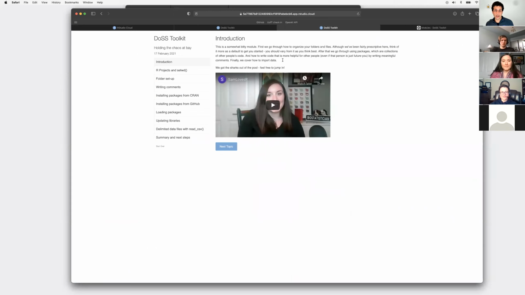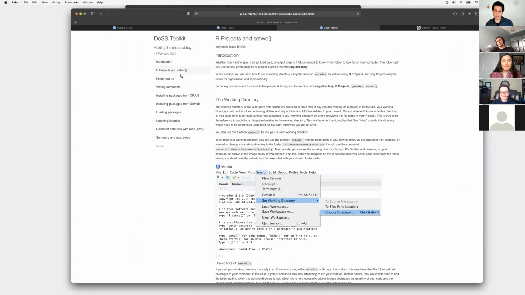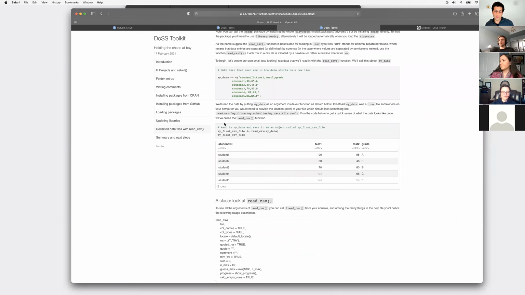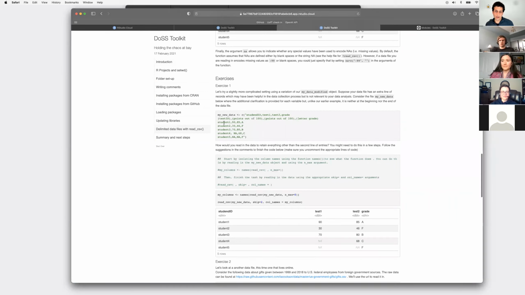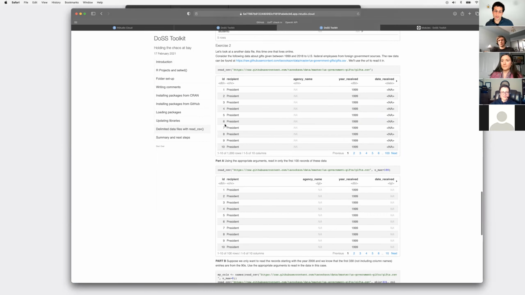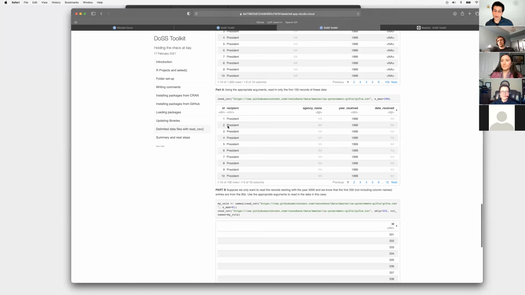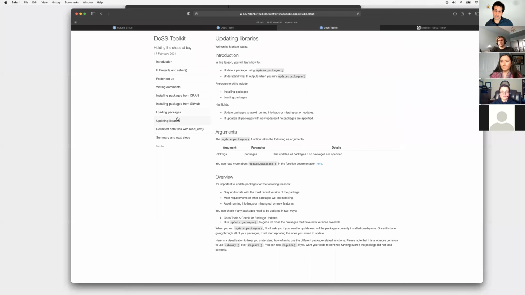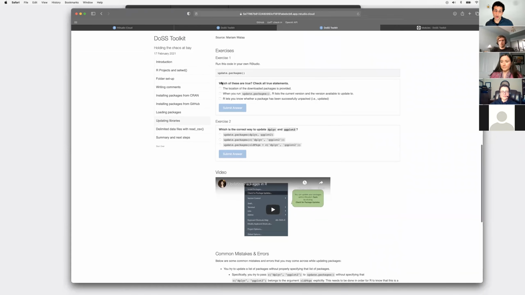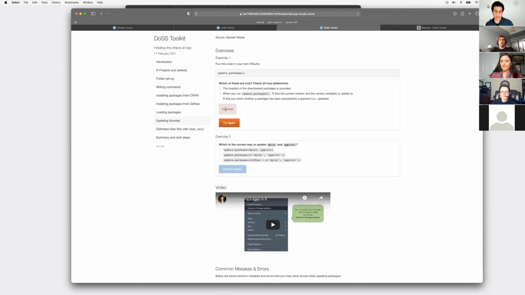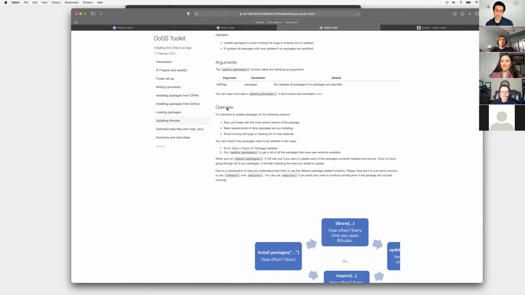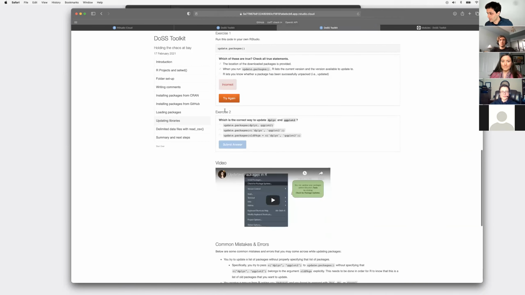Exactly the same as before, it should just be running and we should get this pop-up. In this case, we have Sam, and we're going through a bunch of different features. We actually have a bit of interaction. We have exercises where students can run bits of code. So run this code in your own studio, update packages, which of these are true, and we can submit some answers. And in this case, who is this one? This is Mariam. Mariam's telling us that we got this one wrong.